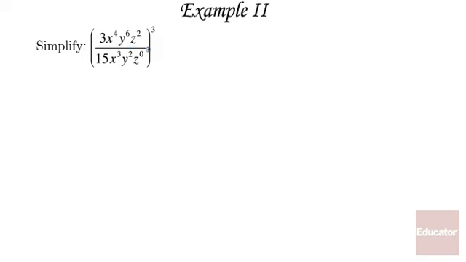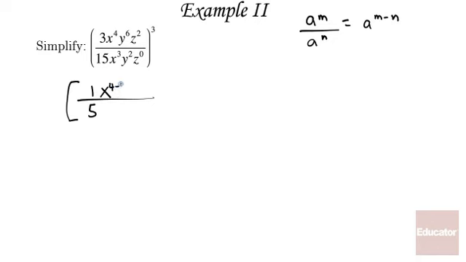What I'm going to do is first simplify what I have inside the parentheses before dealing with raising that all to the 3rd power. And I'm going to approach this by remembering that a to the m divided by a to the n, my rule tells me that if I have the same base and I'm dividing, I subtract the exponents. So looking inside the parentheses, what I have is 3 divided by 15. So that is, of course, 1/5. X to the 4 divided by x to the 3, they have the same base, so I'm subtracting. For y, I have y to the 6th minus 2. And then I have